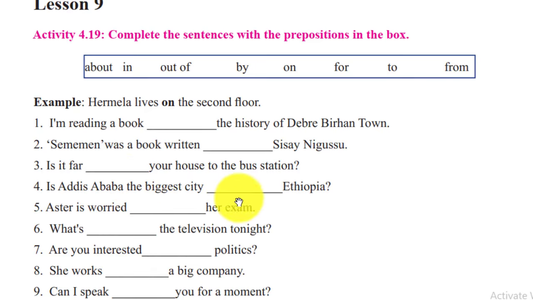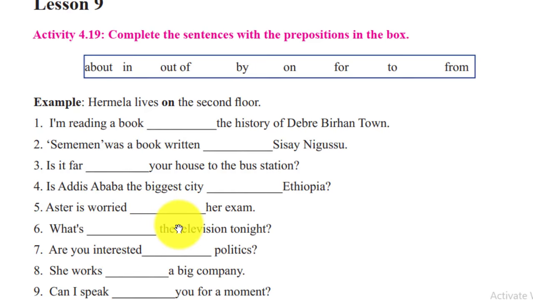number 4 is Addis Ababa the biggest city blank Ethiopia is a country ስለዚህ in is appropriate ነው። በተለይ እነዚህ big normally countries ከመጡ in የሚለው very important ነው in Ethiopia. okay number 5 Aster is worried blank her exam ይላል። worry is followed by about worry የሚለው about ነው የሚያስከትለው don't worry about እንላለን። ስለዚህ Aster is worried about her exam የሚል ይሆናል።